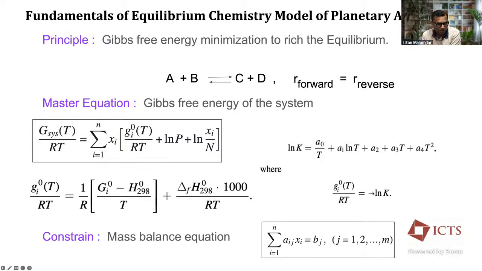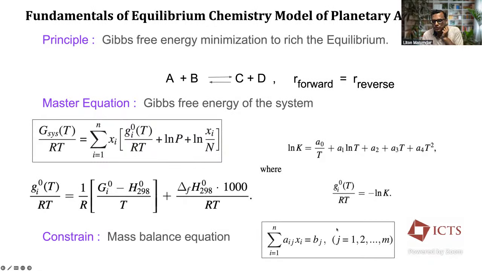Now, if you really want to solve this problem in a more computationally friendly way, then you can also fit this GiT by RT term with your fundamental constants. These fundamental constants can then be represented in terms of a number of fitted coefficients, A0, A1, A2, A3, A4. And these A0, A1, A2, A3, A4 are basically the coefficients that you can directly get from the databases. So essentially, you can measure for any system that you are interested in their chemical potential,